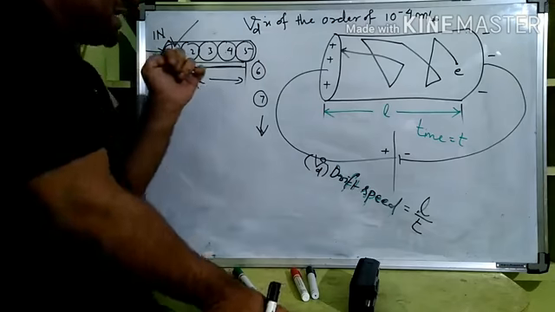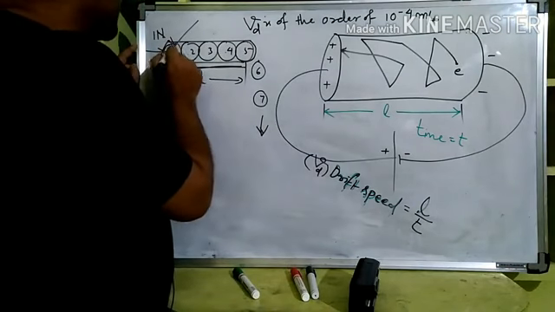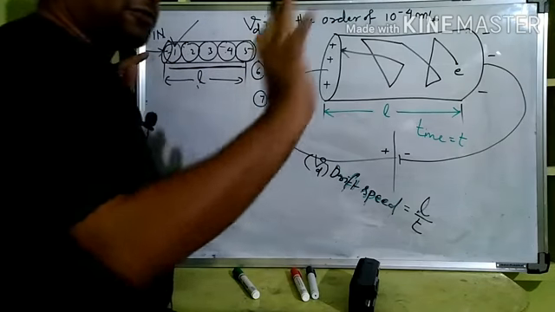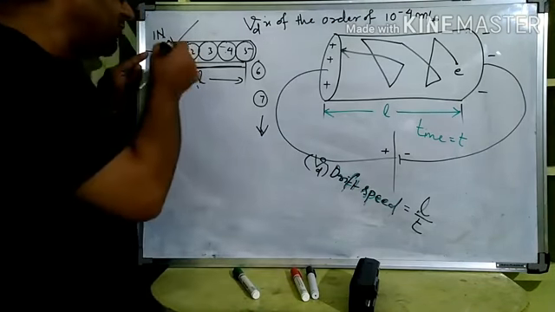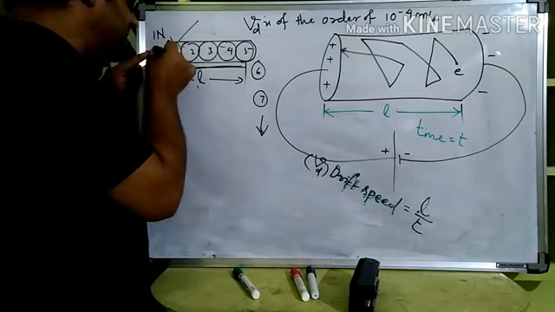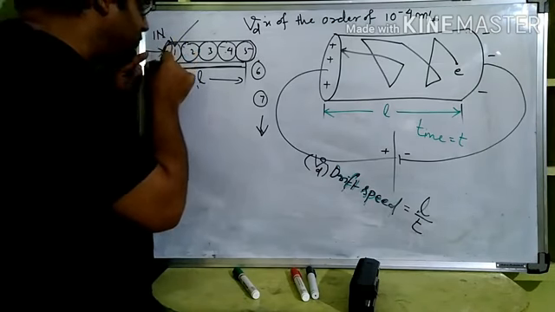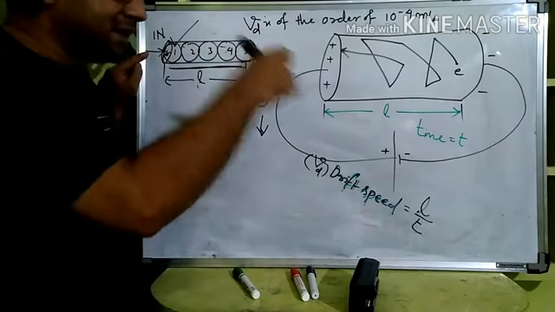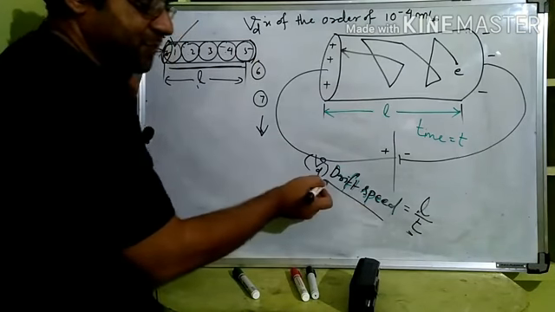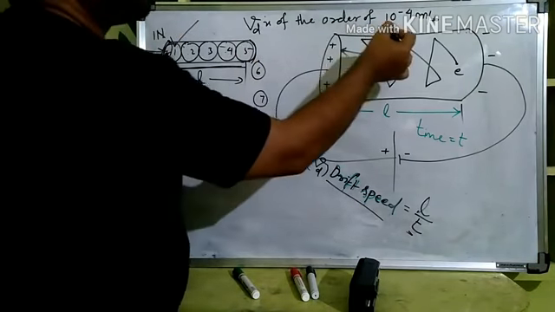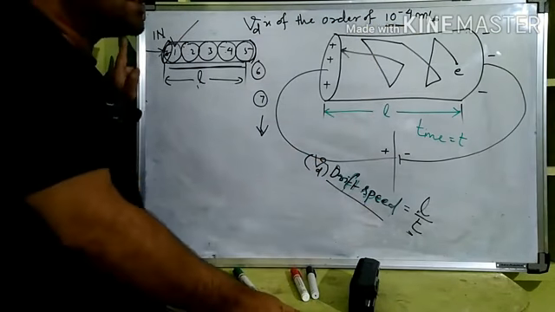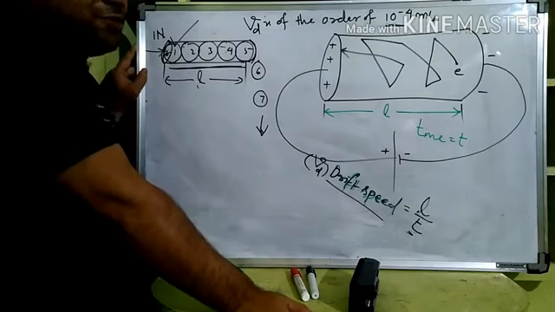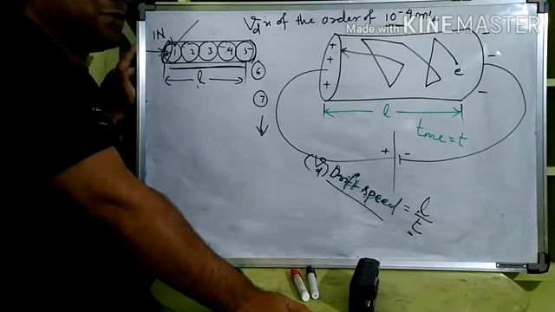You got it, right? Same thing happens in case of electron also. One electron hits another electron, which hits another electron. The moment one electron starts moving, the current flow also begins. However, if we are focusing on one electron only, the time taken by the electron to move from one side to the other may be a good amount of time, and when we do the length of the conductor divided by time, the drift speed is coming only 10 to the minus 4 meter per second, which is the drift speed. However, the speed of electric current which we experience is very, very fast as compared to that.